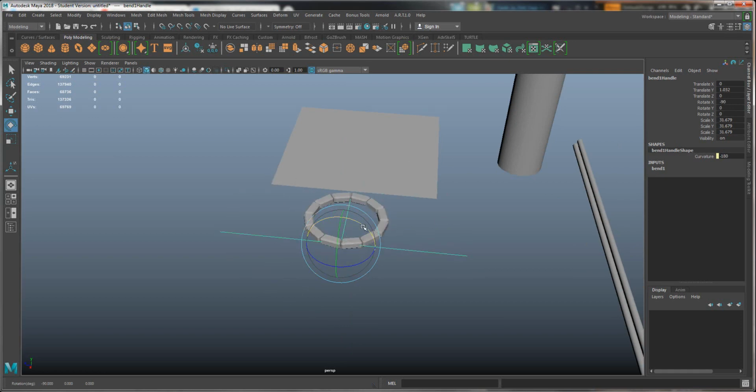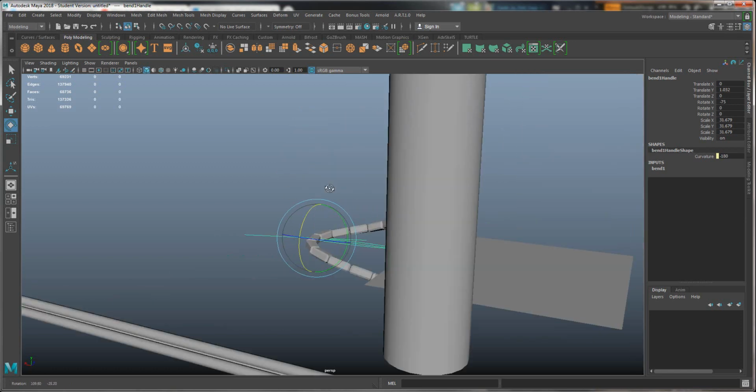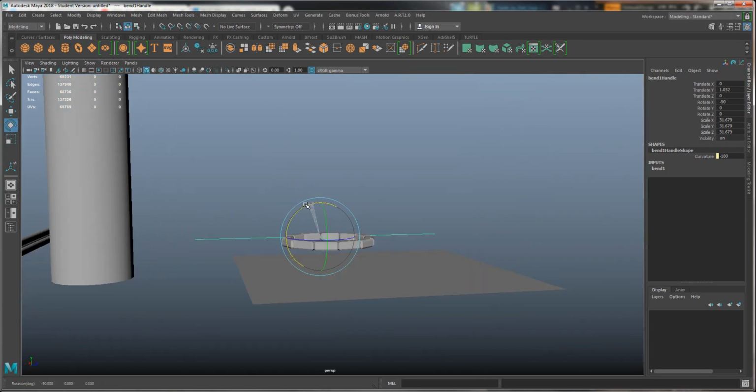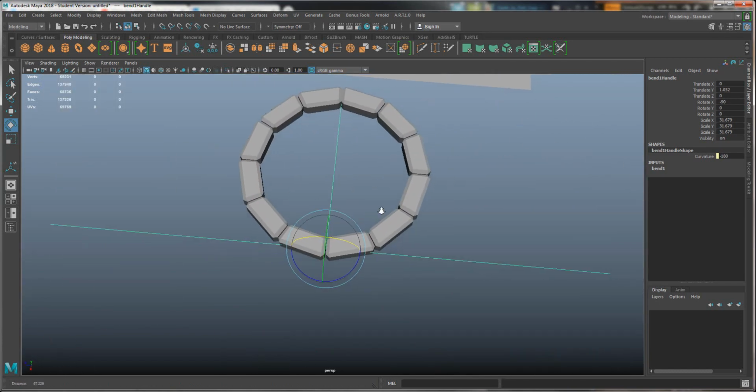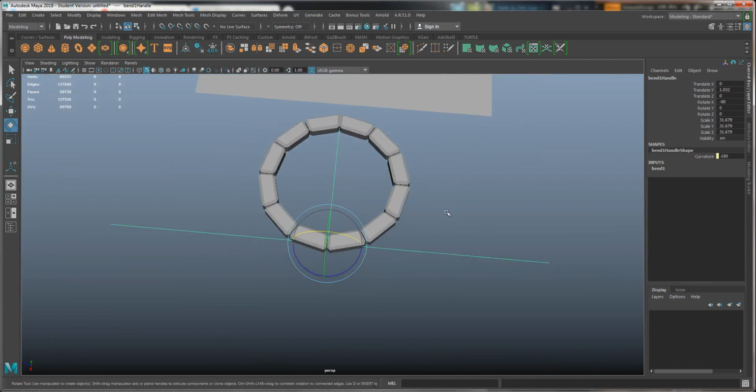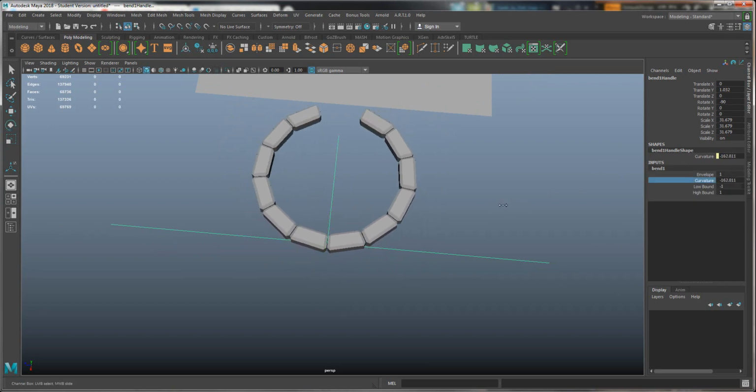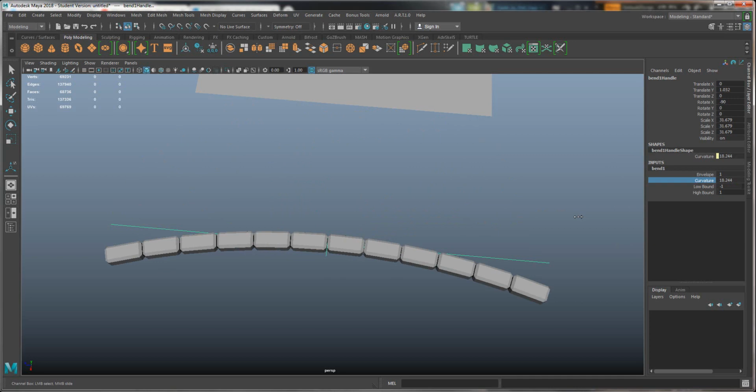like that, and you can see I've got some pretty cool effects partway through. I'm getting sort of like a helix partway through. So even if you're not using this to its completion, you're still getting some really cool shapes in there. So you can see there I've now completed a full circle, and I've still got complete control over the bend. So I can even open it up, close it up,